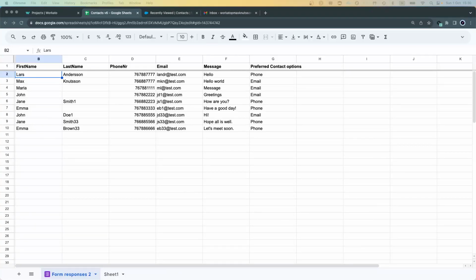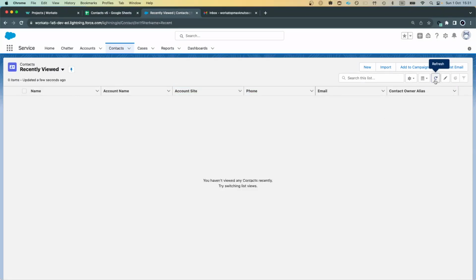Hello there. So what I want to show you is how you do proper debugging, but also recovering from errors in Workato. So let's say we have this use case. I have this spreadsheet that I want to synchronize. This is just a contact list that has been created from a form response, and I want to synchronize them in